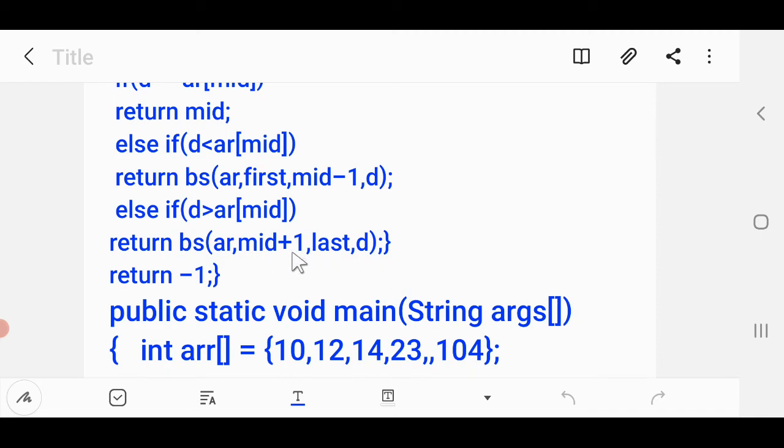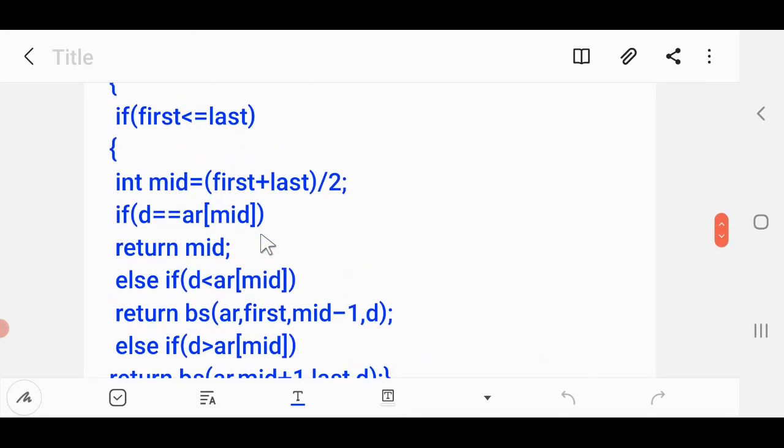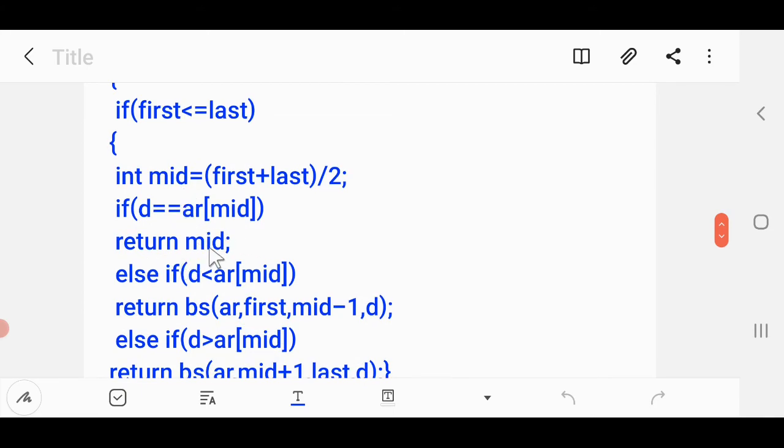So in this case, I do not have to modify last, I have to modify the first. So now instead of first, what will I write? I will write mid plus 1. So students, it will keep on calling the function with the different conditions, right? And finally, if we are looking for an element which is there, that will be returned through mid, all right? Return mid.